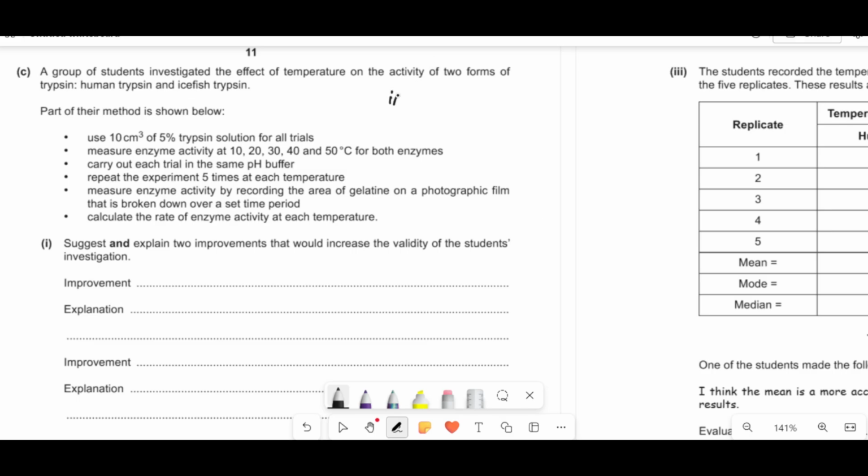So there's a lot going on here. Write down the independent and the dependent variables, right? So the independent is our temperature, and our dependent is how long gelatin takes to break down, right? And it's timed. So here, when we're looking at improvements and explanations for experiments, what you should really do,